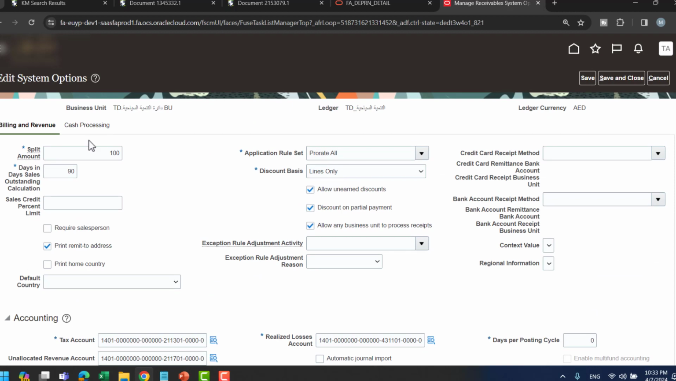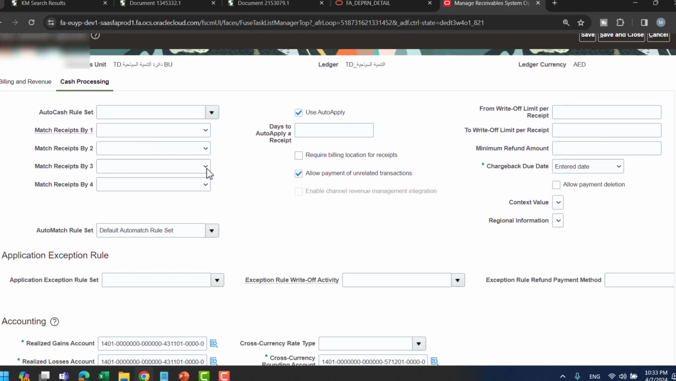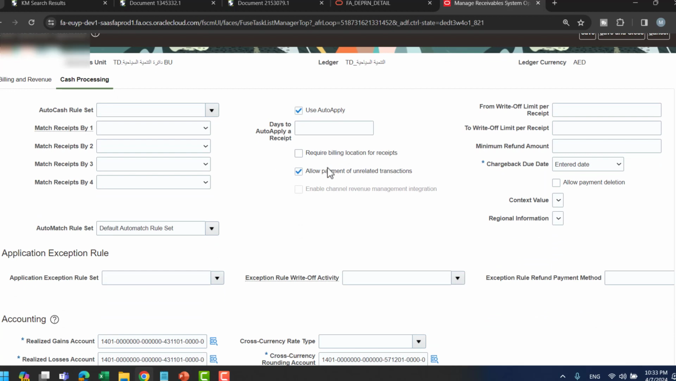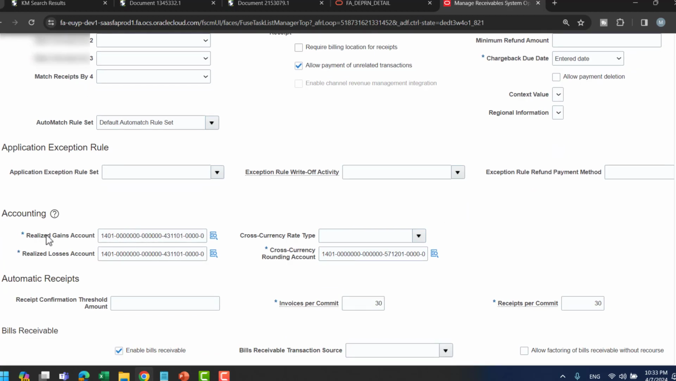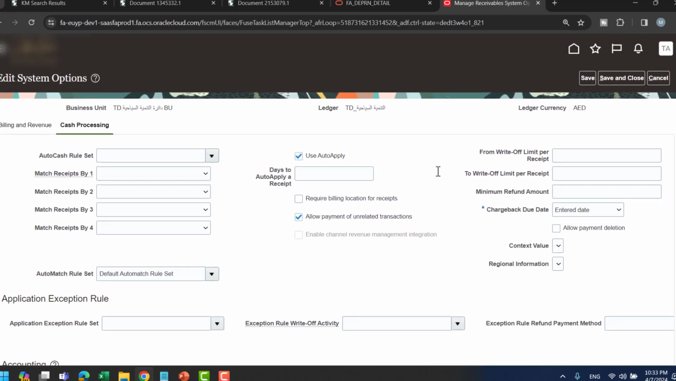What about the other tab, cash processing for the receipts? Use auto apply or not, allow payment for unrelated transactions, yes or no. What is the chargeback due date? What about the accounting for realized gain or loss for the cross currency rounding account? What is the invoice per commit, receipts per commit, and enable bills receivables or not for the future receivables and so on. These are the system options you can define at business unit level,